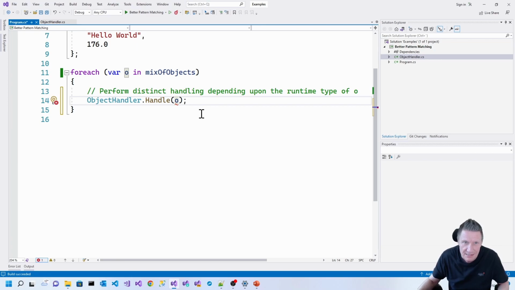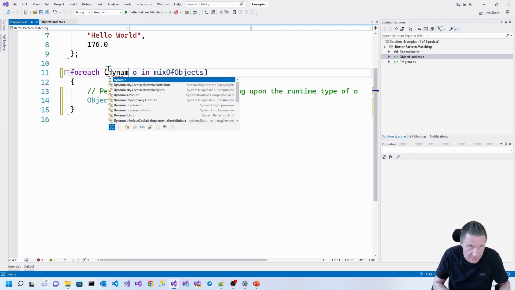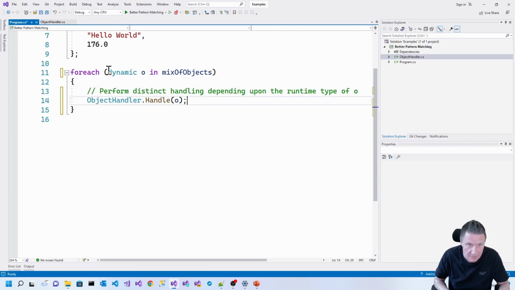The only thing is, you have to apply a small trick in order for this to work. So what you actually want is dynamic dispatch. So instead of pattern matching a static type and then mapping it to a specific static overload, you will say, well, let me have the runtime do the pattern matching, because if I put dynamic here, then the runtime will say, I don't know which one it is right now at compile time, so I can't really give you any errors, I can't really give you any help of any kind, but the runtime will decide